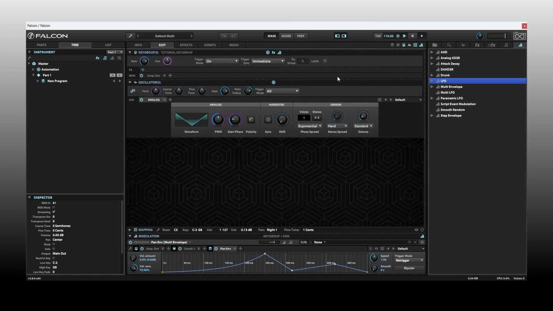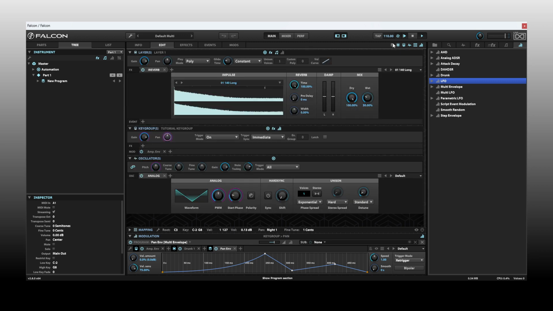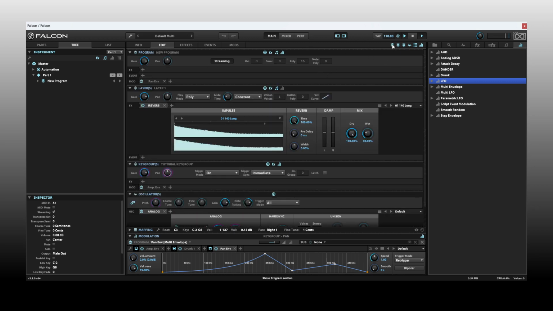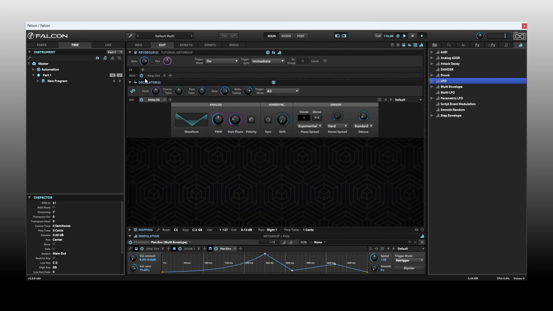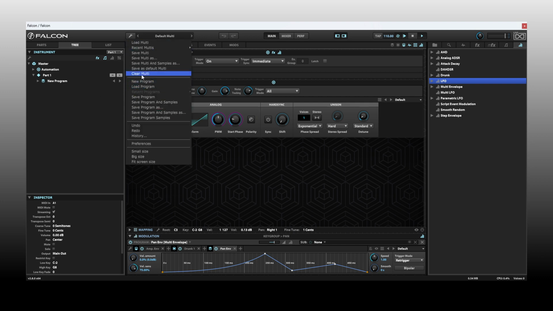But if you'd like to add modulation per voice for your oscillators, then you'll need to do it for the oscillator section and the key group section. So the modulation source can still be on your layer or your program section. It's just you need to apply it to the parameters in the key group or oscillator sections for it to be per voice. Okay, let's go ahead and clear out this multi,